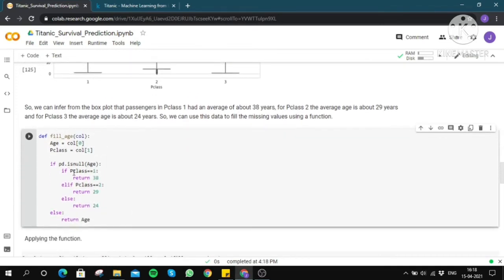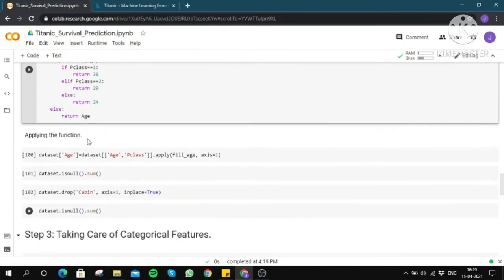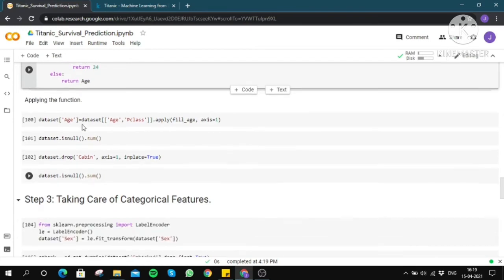So if the person belongs to passenger class 1, it will return 38 years. If the person belongs to passenger class 2, it will return 29 years, or otherwise it will return 24 years. Once we have executed this function, we will get the ages for the missing values present in the data set.